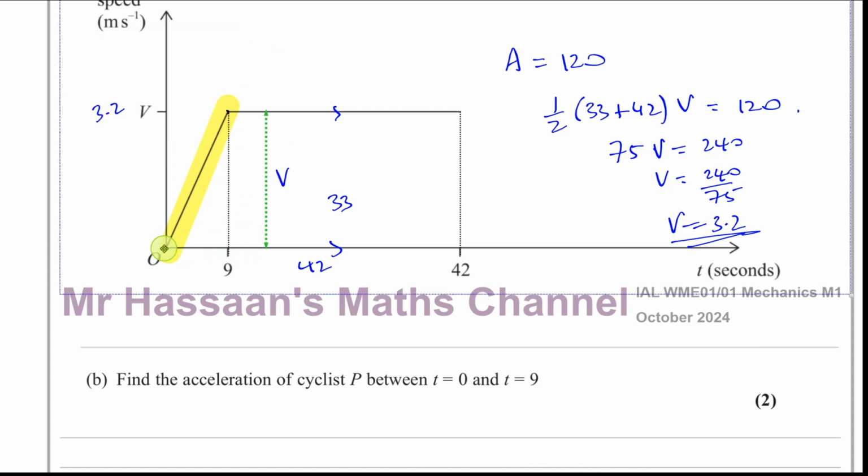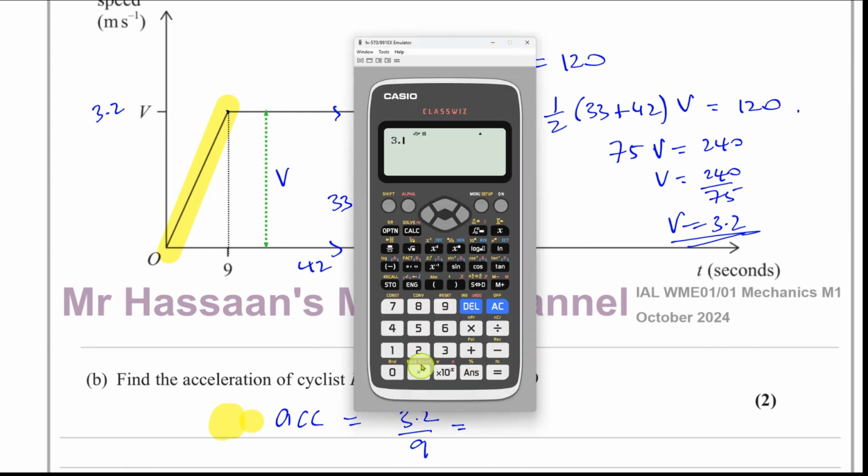And the gradient of this graph is basically going to be the change in y, which is 3.2, over the change in x, which is 9. So the acceleration, we need a pen, sorry. The acceleration is going to be equal to the change in y, which is going to be 3.2 over 9. And that will give us our answer, 3.2 divided by 9, which is 16 over 45, which is